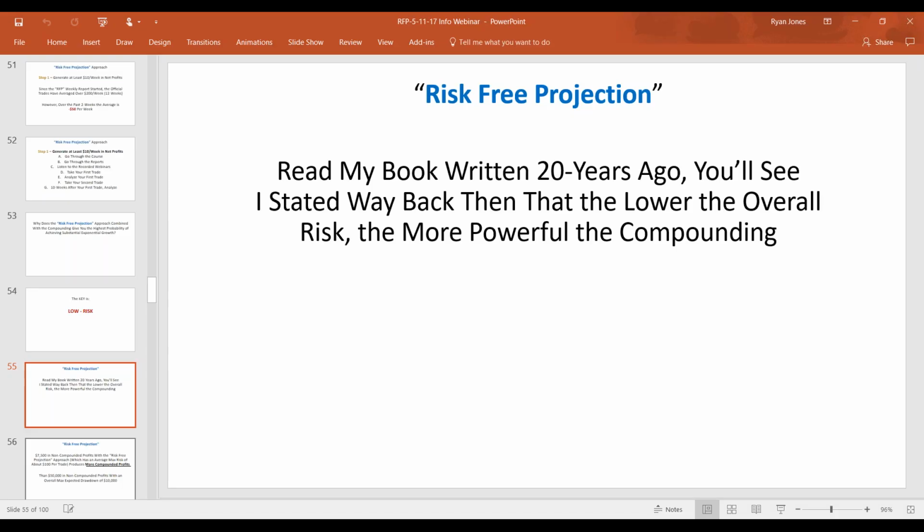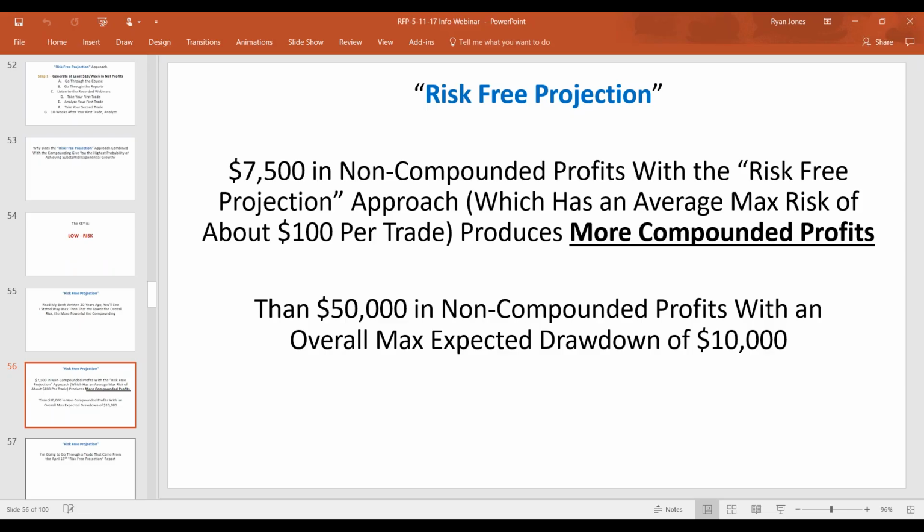So risk is it. And if you read my book that I wrote 20 years ago, in it you'll see that I stated way back when that the lower the overall risk, the more powerful the compounding. So I'm always looking at the risk, right? Even if the profit potential is not that much greater, because if I can get my risk lower, then the compounding increases dramatically. So to give you an idea,